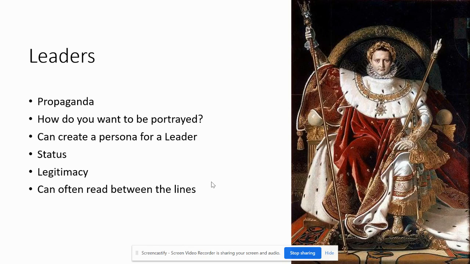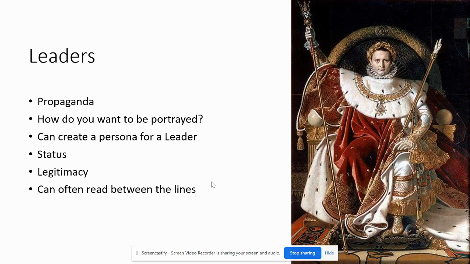Now, the other one I mentioned was leaders, and here is a lovely portrait of Napoleon. Of course, in this portrait, he's often criticized for maybe trying a little too hard, right? So, leaders used painting, sculpture, photographs, all sorts of different art forms as propaganda. And one of the questions that a leader often asks him or herself is, how do you want to be